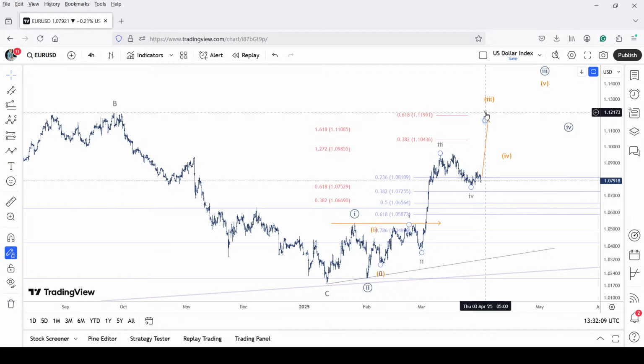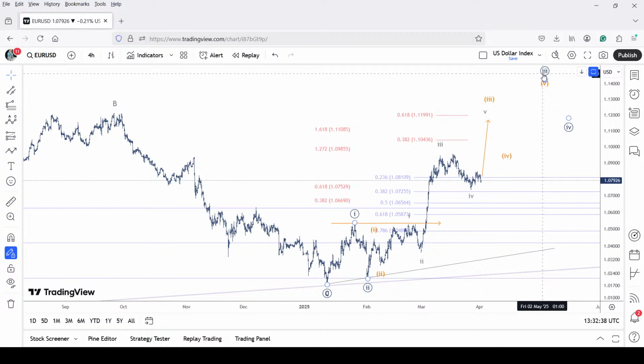1.12, and that's 1.12 is a very conservative target because it's just the previous swing high around September 2024. So kindly readjust your targets not to 1.12 but ideally towards 1.13, 1.15, as minute wave 3